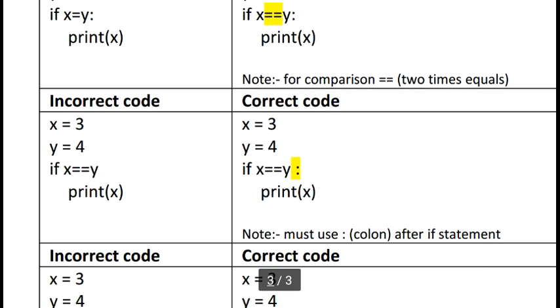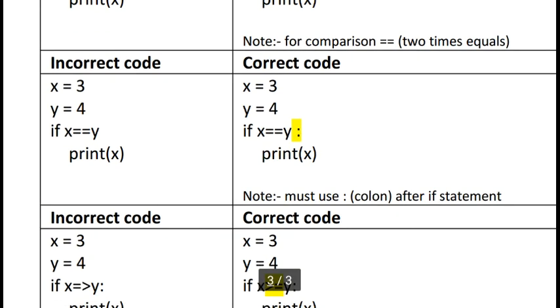Now the second mistake. In the incorrect code, x is equal to 3, y is equal to 3, if x == y, but there is no colon after it. After if, else, for, while, we must use a colon, otherwise the compiler will give an error.